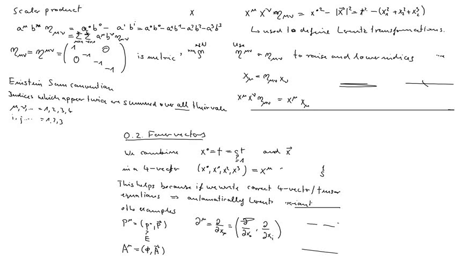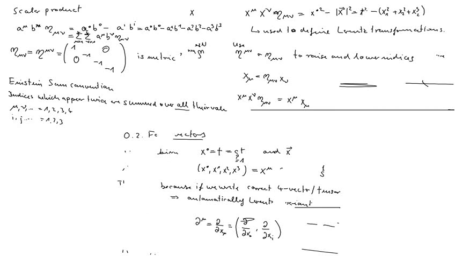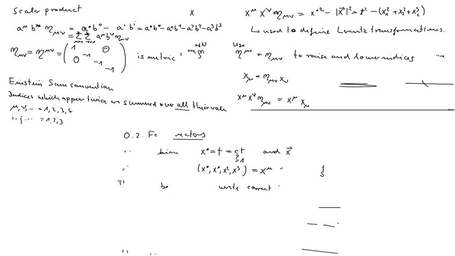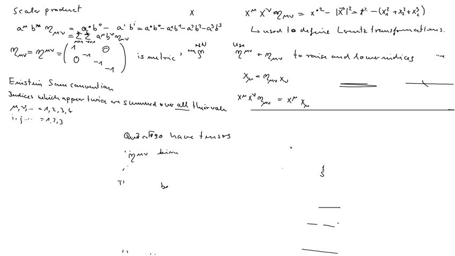OK, so far we had only vectors, but of course we can also have more complicated objects with more indices. One we already had, that's this matrix eta mu nu, which has 2 indices, but there are other things with 2 indices. There are even things with more than 2 indices. So we also have tensors. And these tensors are, for example, eta mu nu, what we already discussed, but also things like